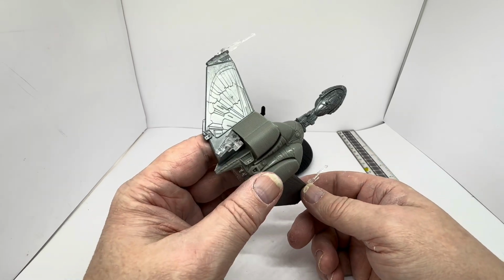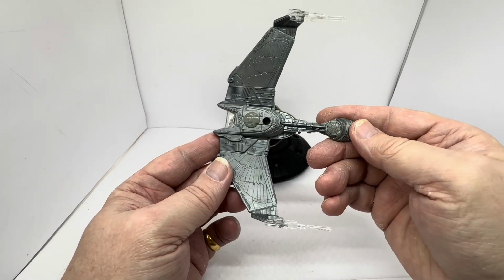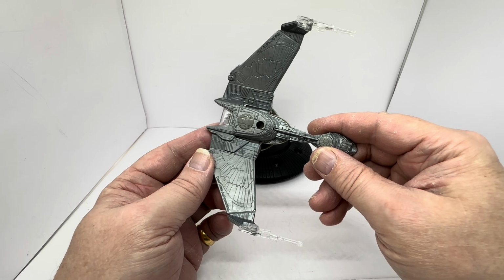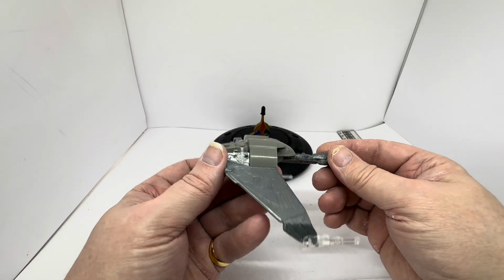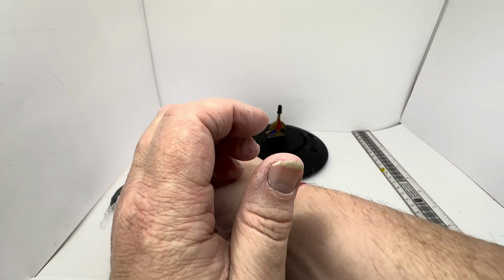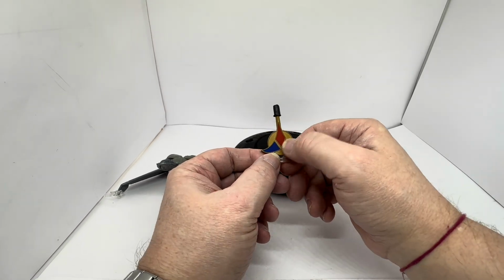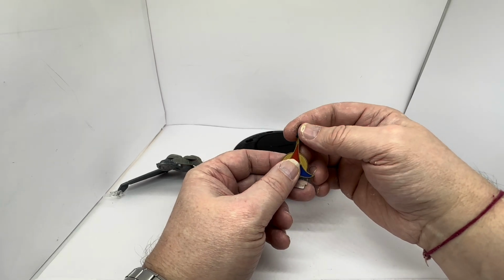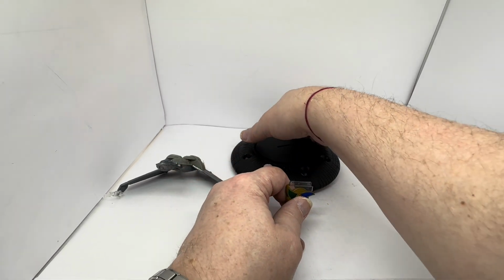The only downside is I can't see any Klingon stickers, so that's the Klingon logo on the model anywhere. So maybe it's my eyes, maybe I just can't see them, but usually you've got the Klingon symbol on the side of the model, and I can't see anything on this particular one. So that's just one criticism. You do have obviously the Klingon symbol, which is the stand, which is all plastic, in the three colors, the red, the blue and the green. It's got the soft rubber tip to go into the bottom of the ship, and it's got the stand with the locking tabs that push into the base plate,